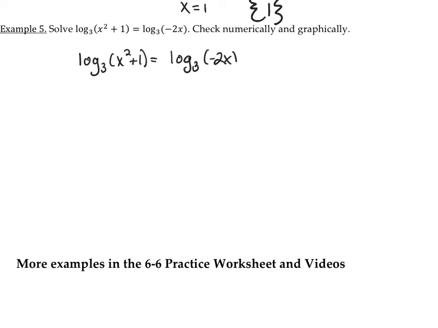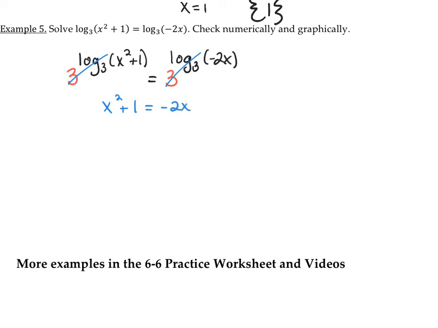So I'm just copying the problem down. I'm going to go ahead and erase the equal sign. I'll put it back in a minute. Since these are both log base 3, I am going to make both of them the exponent of an exponential with the same base, and then we just use the cancellation property. So cancellation, cancellation, and we have x squared plus 1